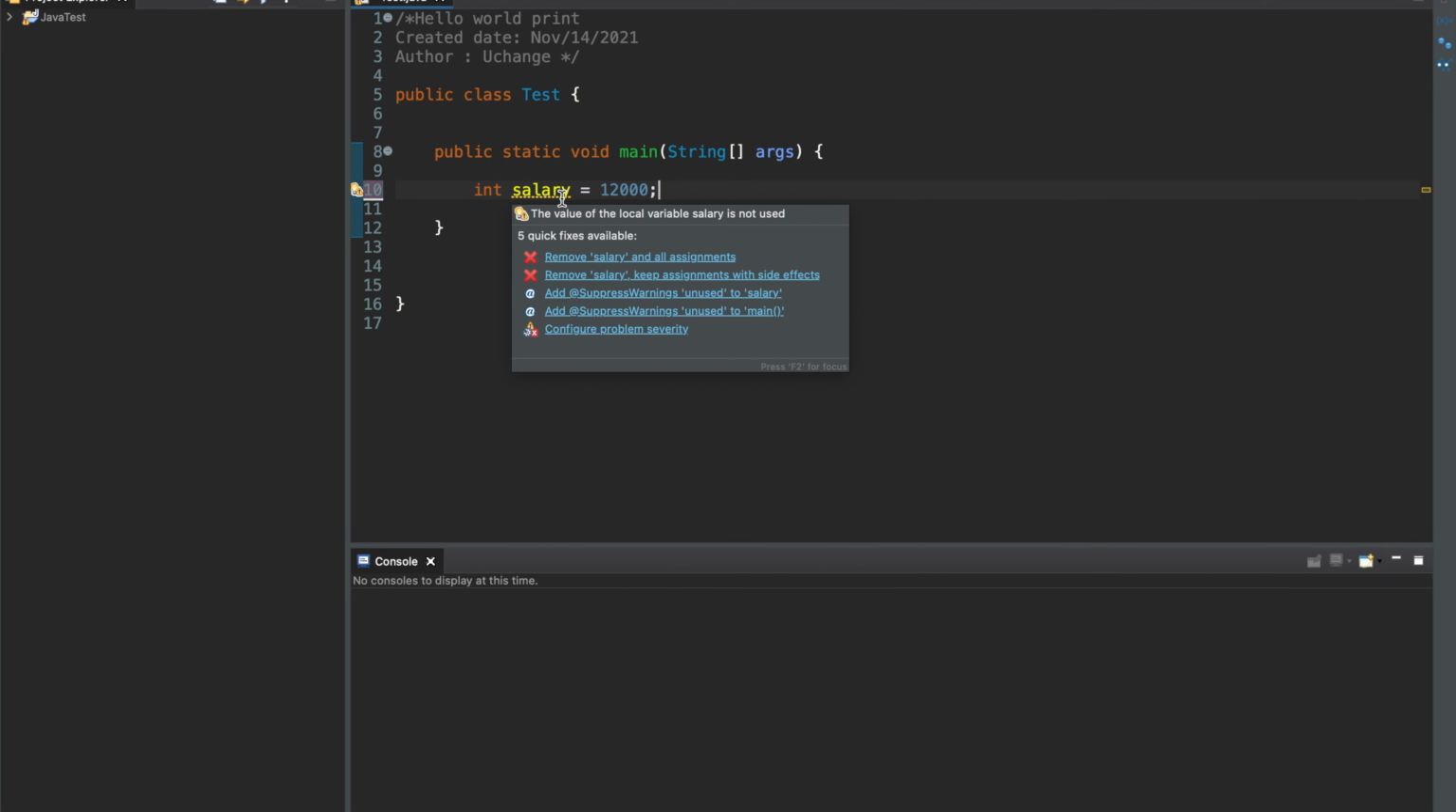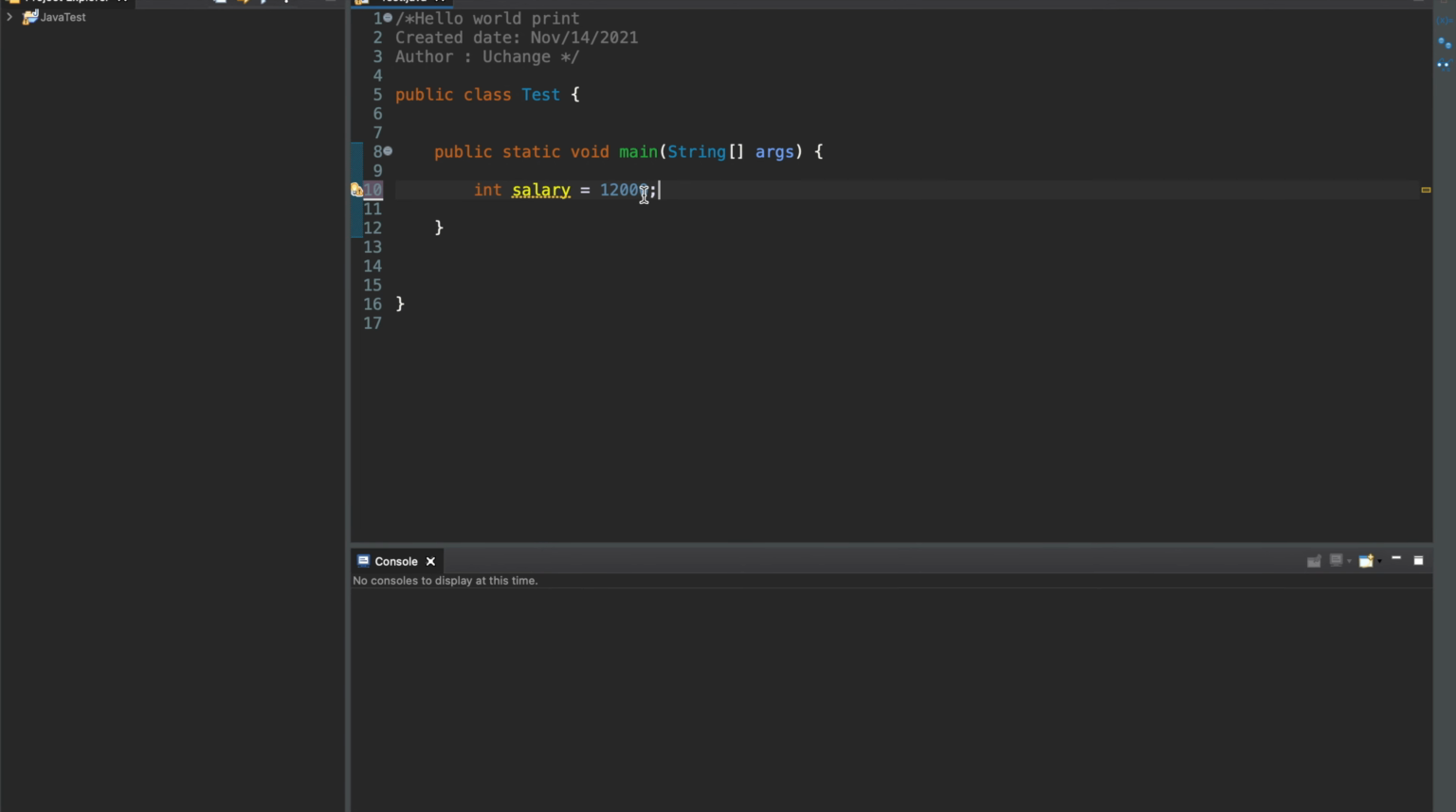So what we can do as an arithmetic operator is add to this value. Let's say I would like to add 3,000 to the salary. So this is how you can use the arithmetic operator on the value itself. The salary will be 15,000 now. And over here you can use anything, like addition,